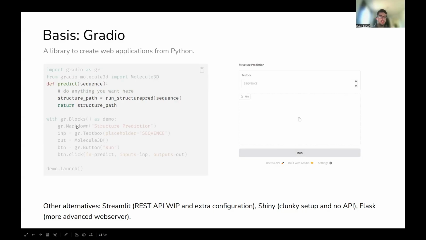It's really just a few lines of Python to turn the script that you use to run inference, which has maybe some argparse arguments, into an application like this that then has quite a few nice features.